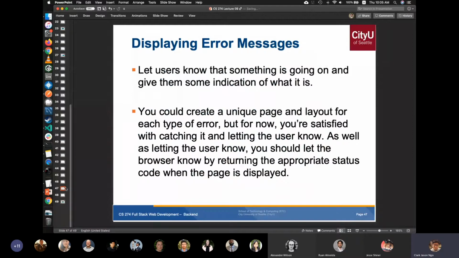Displaying error messages lets users know that something is going on and gives them some indication of what it is. You could create a unique page and layout for each type of error, but for now, we're satisfied with catching it and letting the users know. So this comes to the topic of displaying error messages, right? So for example,